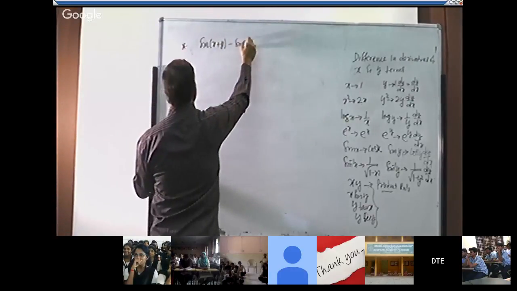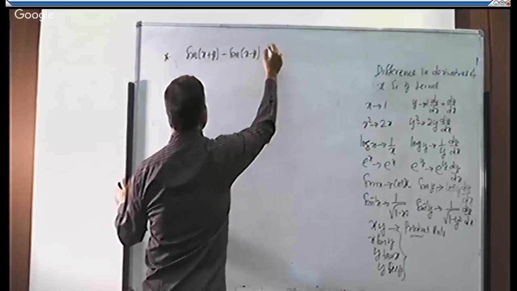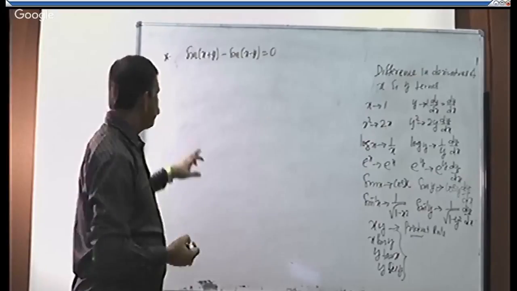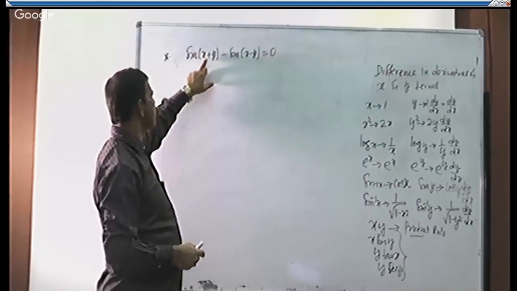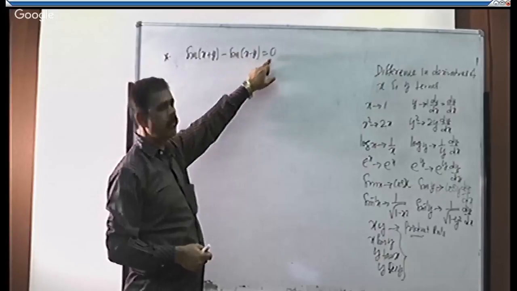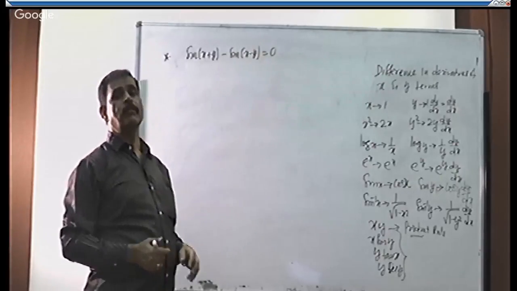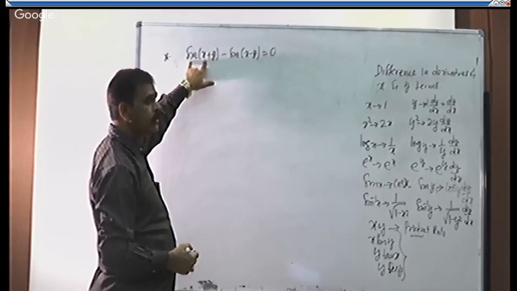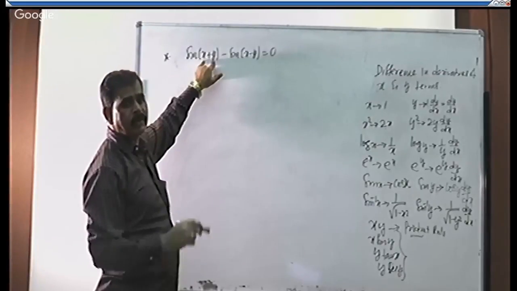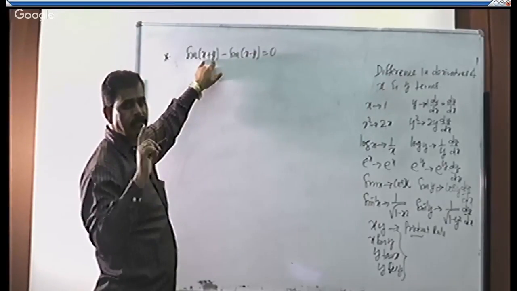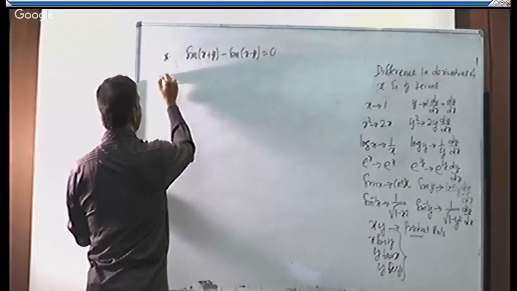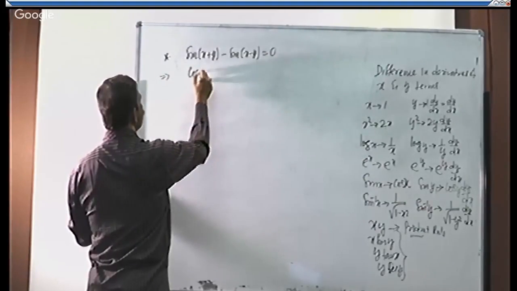Sine of x plus y minus sine of x minus y is equal to 0. Take the next function of a different form. We need to differentiate both the terms. How to differentiate it? See the function, it is sine of a function. For sin x, it is cos x. For sine of a function, it is cos of the function into d by dx of the function. Correct? Differentiating, we get cos of the function